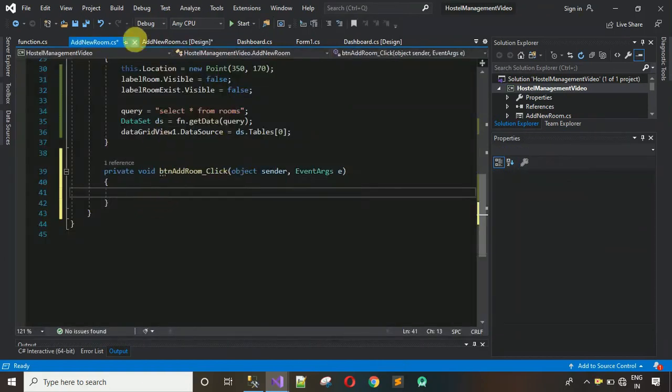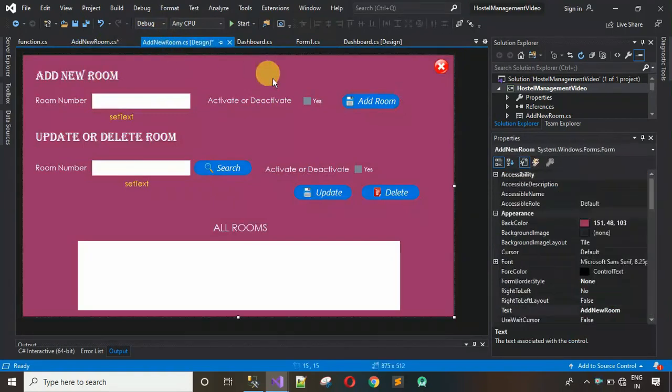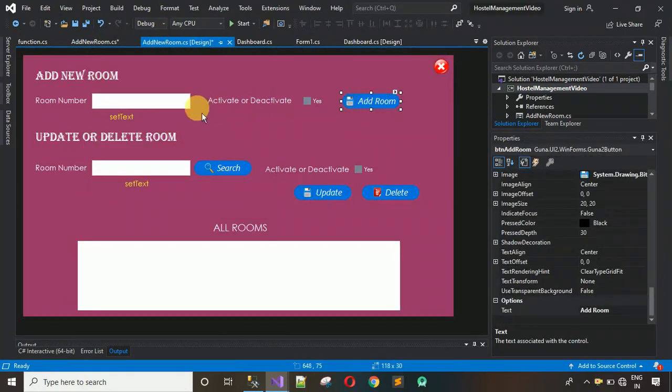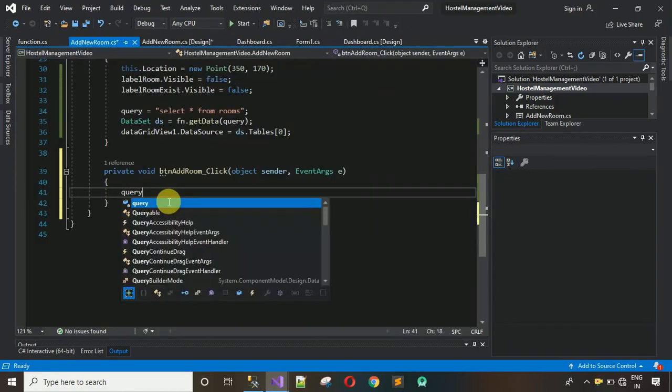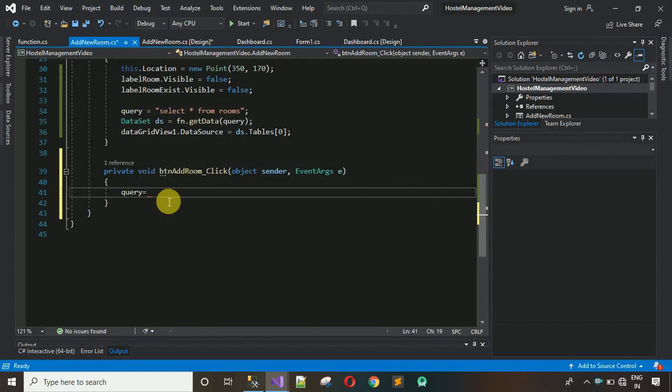And here the first thing I want to do is, when I click on this button, suppose we have already added room number 101 in the database and we are trying to insert 101 again, then first we have to check if that room exists, and if so we can't add that room again. So for that I'm going to write a query first. So query is equal to